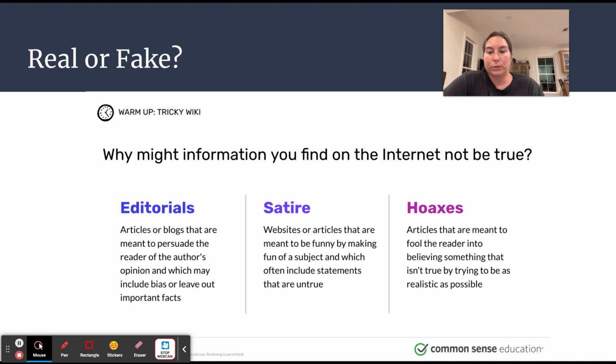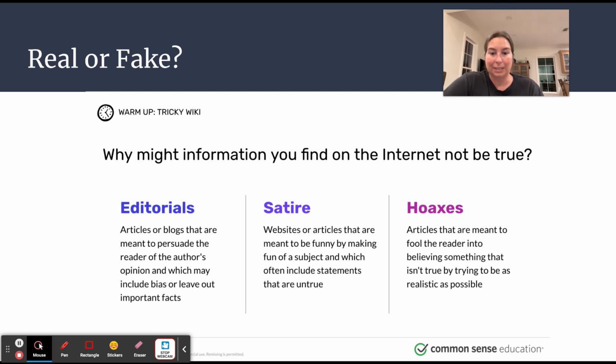Editorials are articles or blogs that are meant to persuade the reader of the author's opinion, which may include bias or leave out important facts. They're trying to persuade you to think like them and get you on their side, whether they're right or wrong. They're going to leave out important information, so you need to do more research on it.